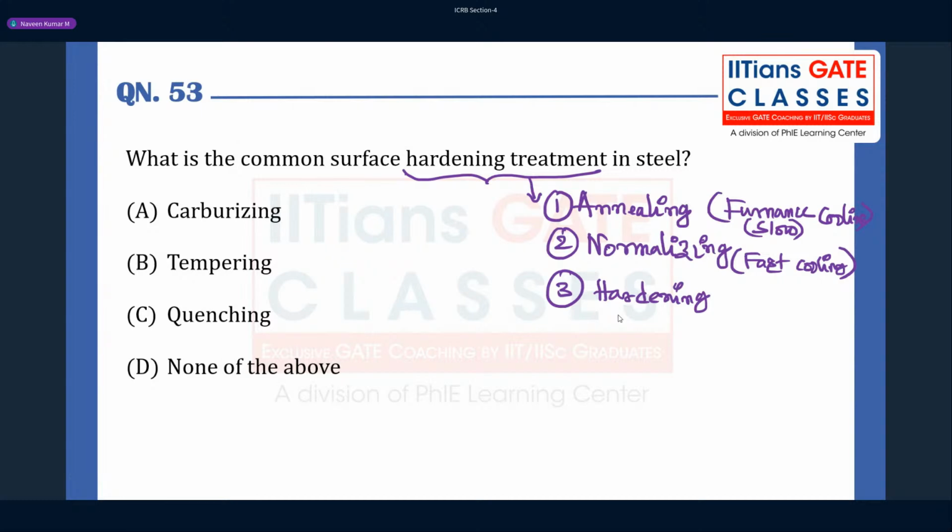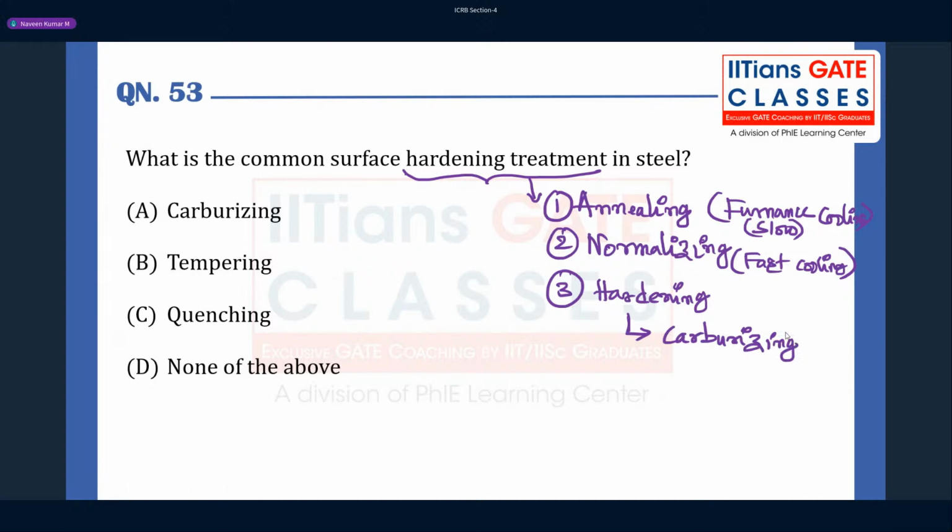So you can do it by nitriding, cyaniding, induction hardening, flame hardening, carburizing. There are so many things. But in the options, it has been given carburizing. Right? So here we can say so many things. Carburizing is there. What is carburizing? Carburizing is nothing but you